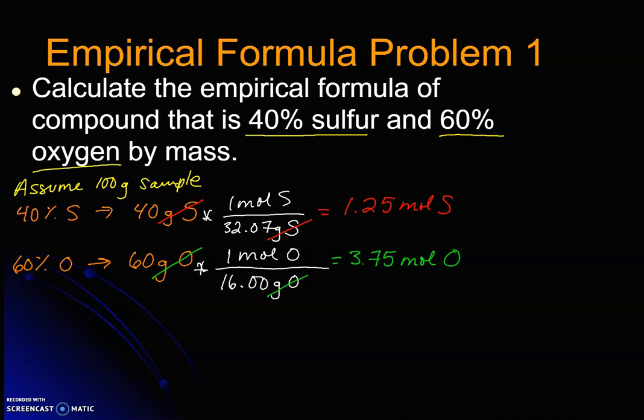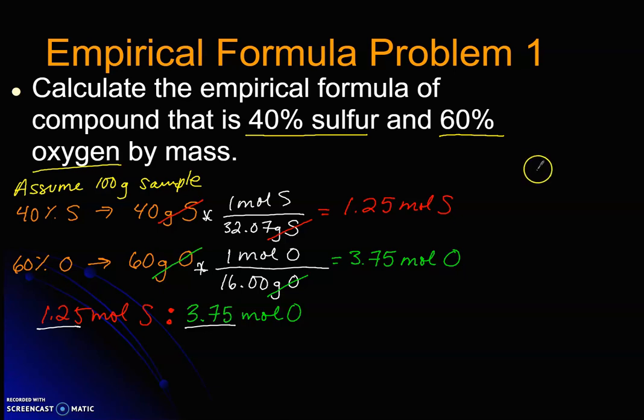Okay, so now I'm going to take these two values, 1.25 moles of sulfur for every 3.75 moles of oxygen. And what I am going to do now is turn this into the lowest whole number